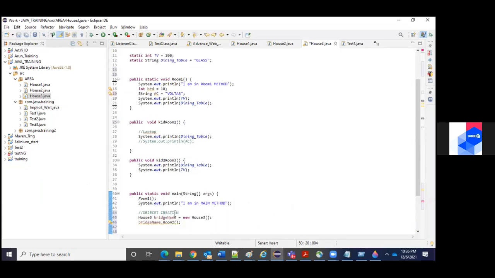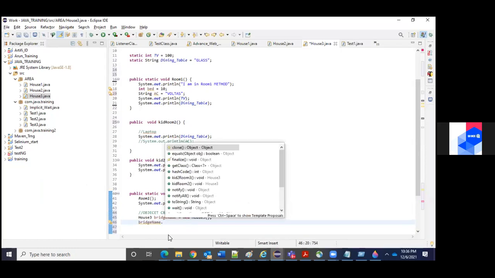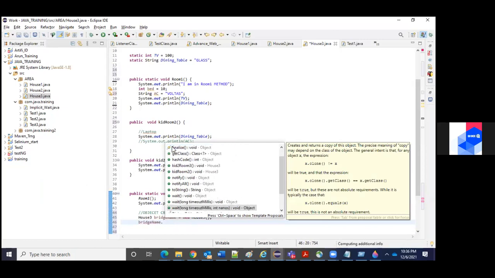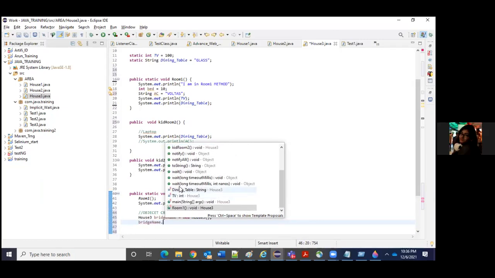So if you see this symbol, guys, if you see this symbol, that means it's a static method. Did you see? This dining table is static, TV is static, the main method is static, and room 1 is static.